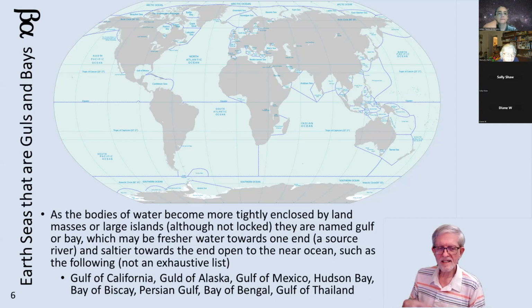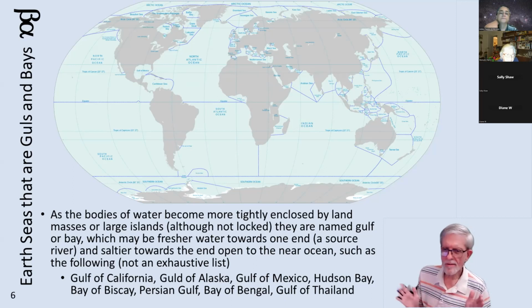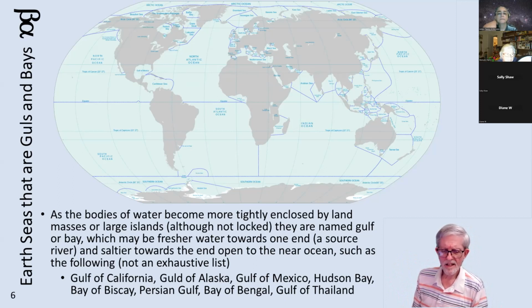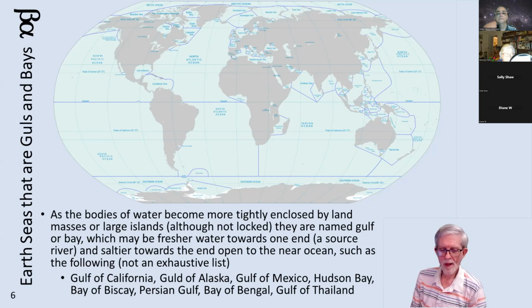And then we take it to the next level, and you have gulfs and bays. When you get closer to shore, or you get more of an encompassment, but not completely, you have areas of water that are a little less saline, and those are bays and gulfs. So you have the Gulf of California, between the Baja Peninsula and Mexico. You have an insertion area going up deep. That's the Gulf of California.